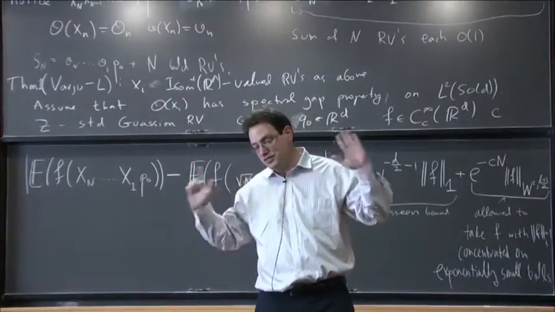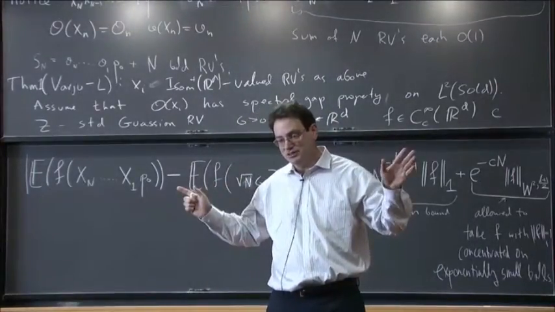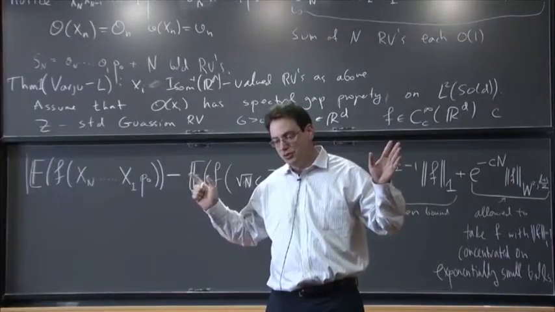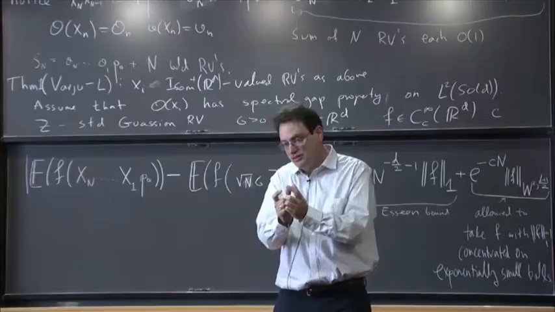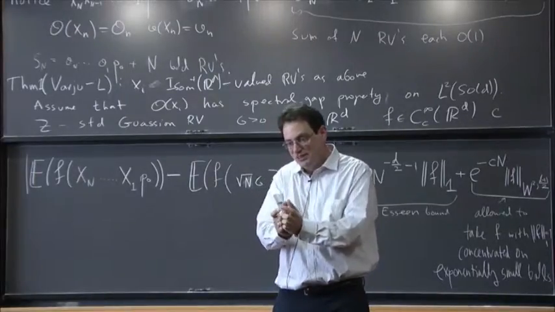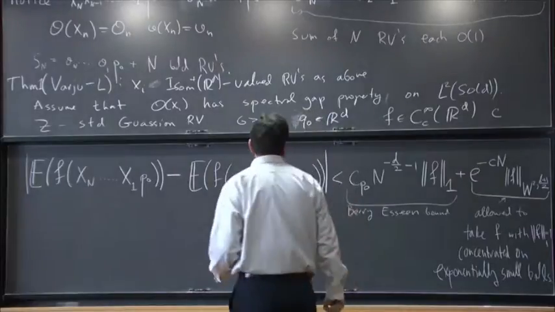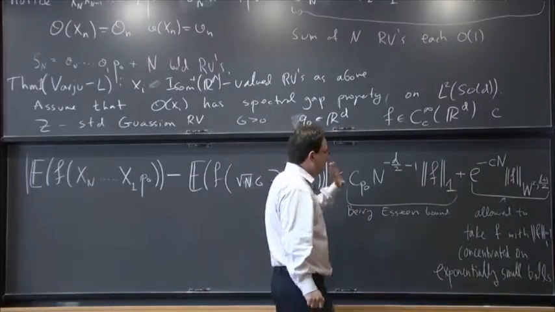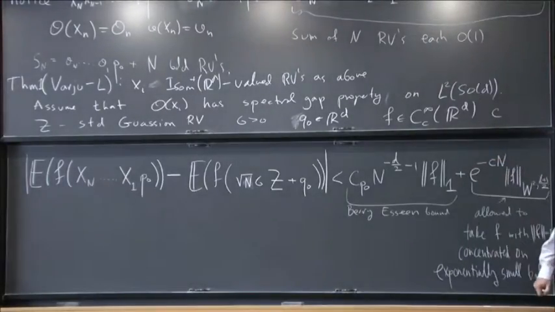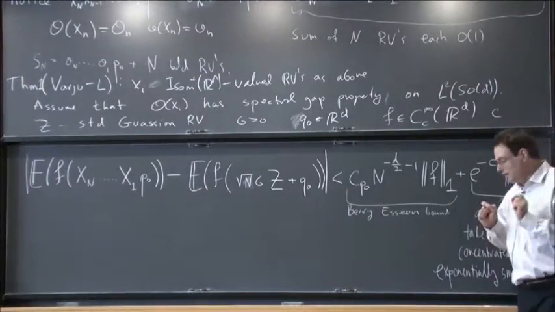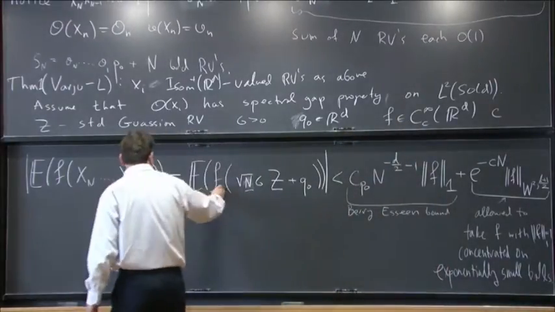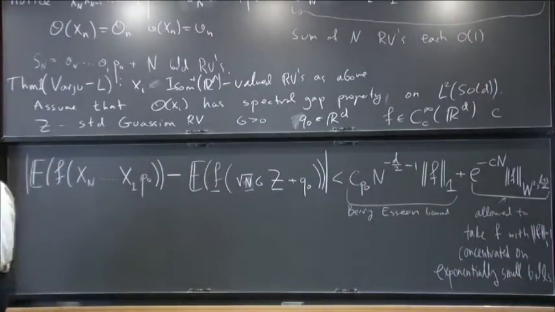If you just fix an f and forget about it, there's nothing interesting. But I'm taking f which are very wild. I'm taking f which are concentrated on an exponentially small portion of space. You could get a small set, for example. This statement has all of the dependence on f, so I'm not fixing a test function f, that's an important point. For any capital N, I choose a test function f which exploits this bound through